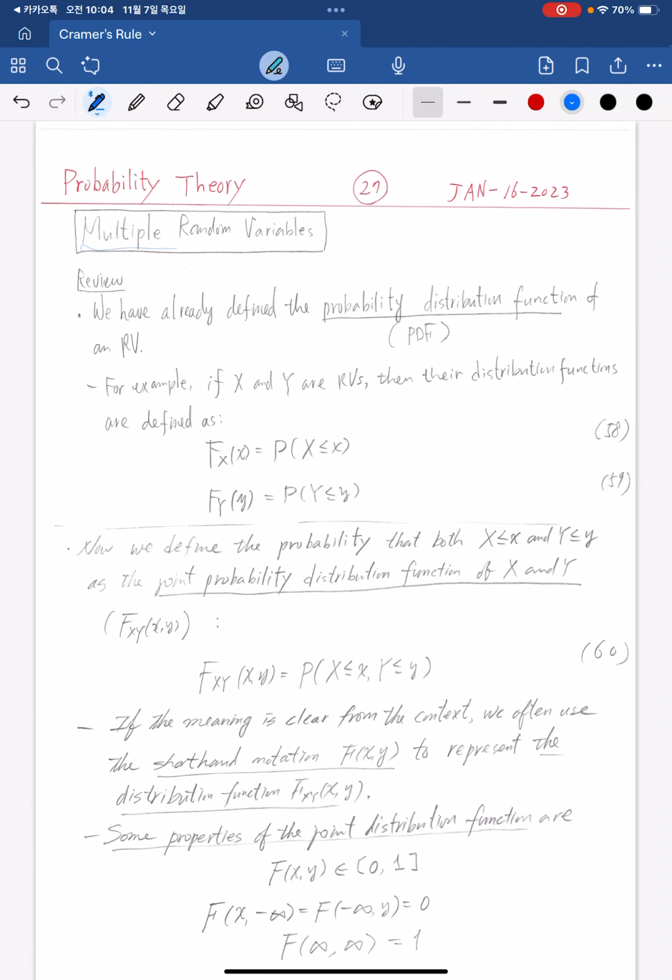이번 동영상은 멀티플 랜덤 베어리블스에 대해서 논하겠습니다. 잠깐 리뷰를 해보면 We have already defined the probability distribution function, large PDF, of a